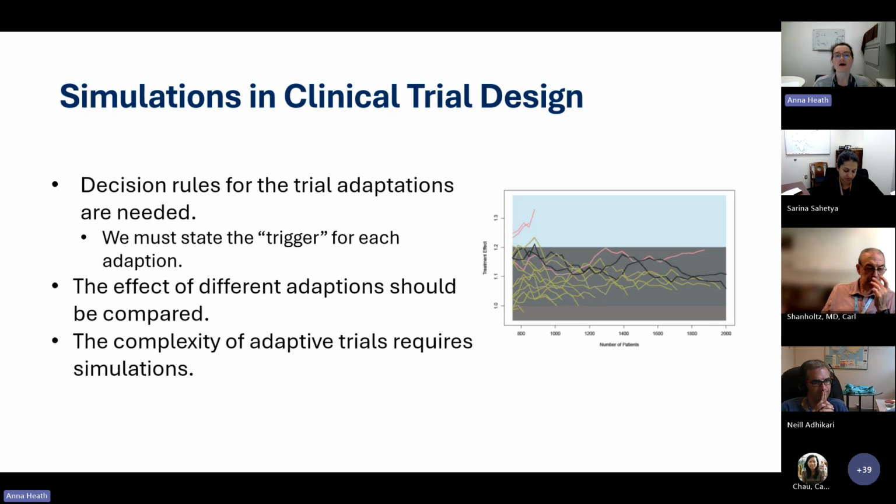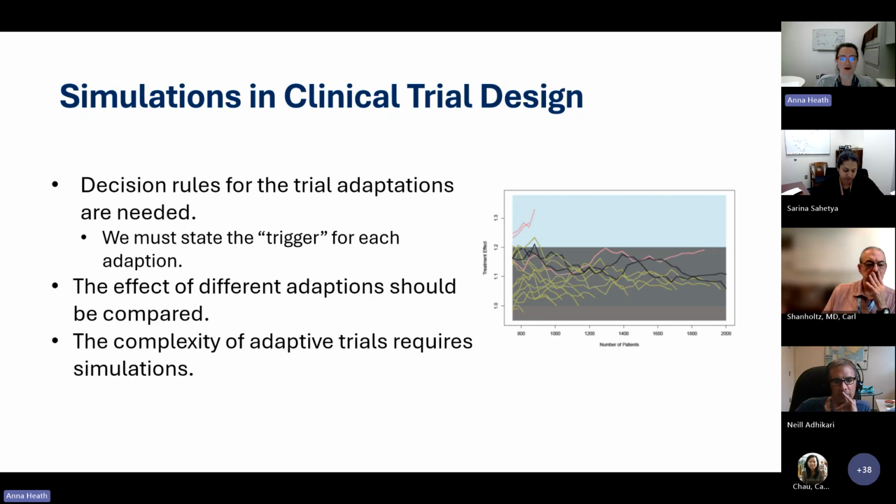So we know what type of adaptation we're going to do, but we need to understand how we're going to make those decisions as the trial progresses. We often call this a trigger for the adaptation. We know that we're going to have this adaptation, and we want to know what the trigger is, what is the threshold or the analysis that says, okay, we need to do this adaptation. And the effect of different adaptations needs to be compared, so we can choose the optimal